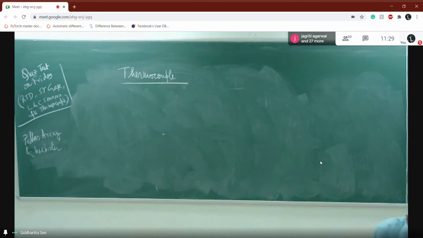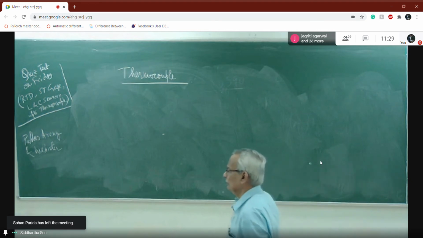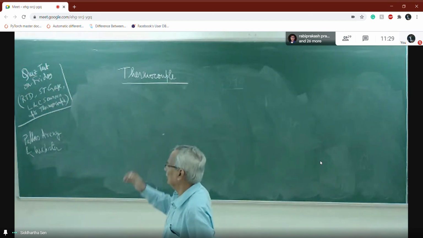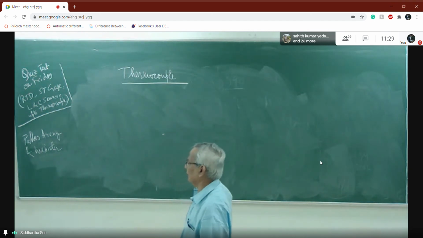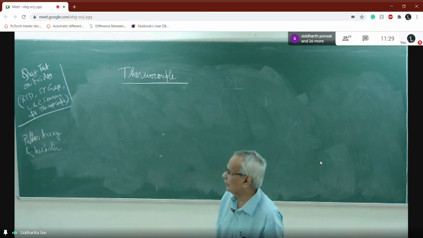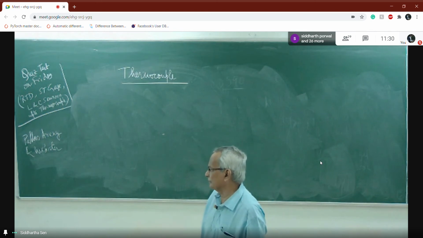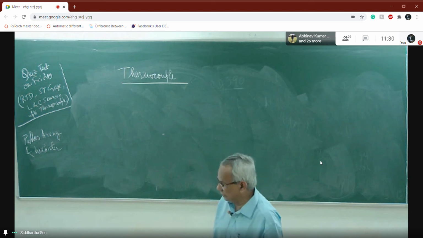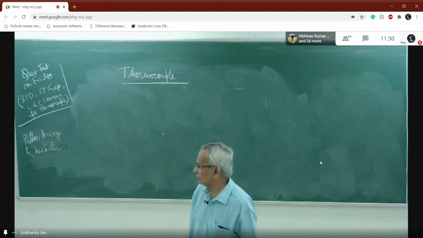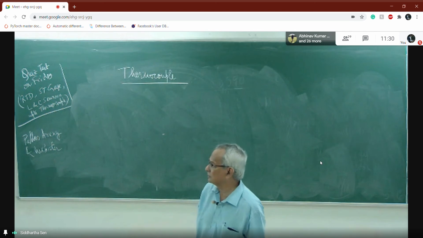And the basics of thermocouple, we know that it's all the Peltier effect, Seebeck effect and all the things, but I am not going into the physics of thermocouple. Rather I am going for the applications of this one, how the voltage of the thermocouple can be measured, what precautions we need to take, and what materials are to be used.